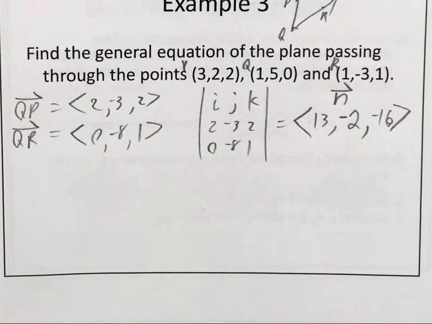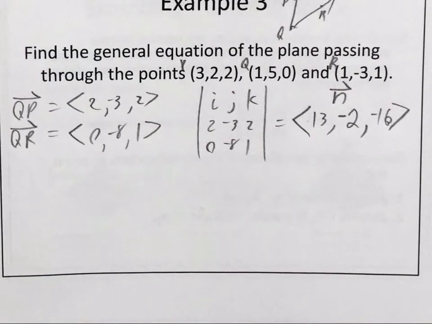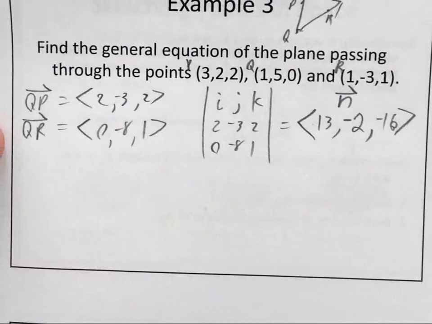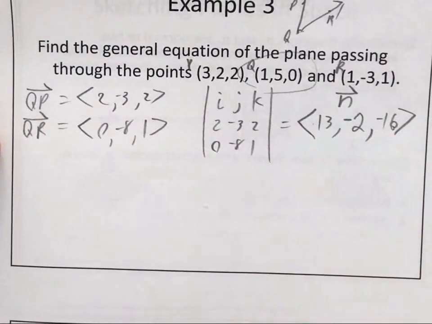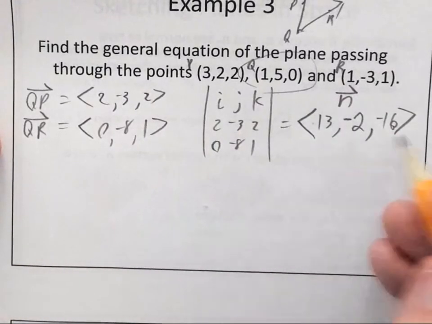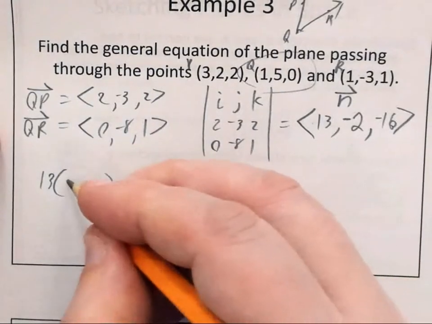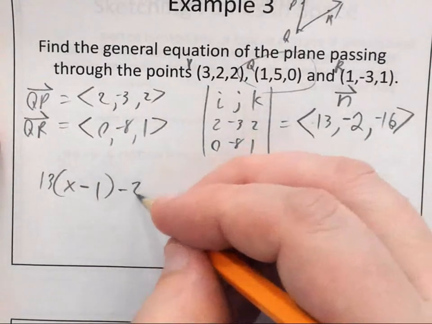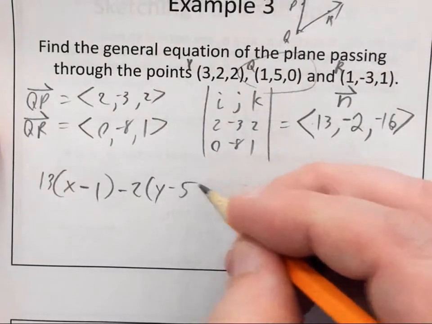So then to write the equation, what else do I need? One of the points. Does it matter which point? No. So which point do I want to use? Okay, let's use Q. Since we made that our point of intersection, let's use Q. So then when I write this out, these are the things I'm going to multiply by. That vector, that's going to be 13 times x minus the 1, minus 2 times, or plus -2 times, y minus 5,